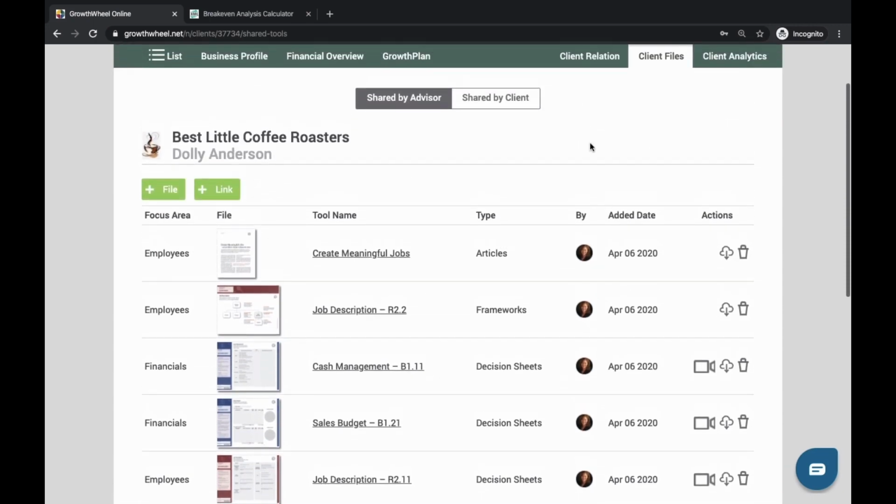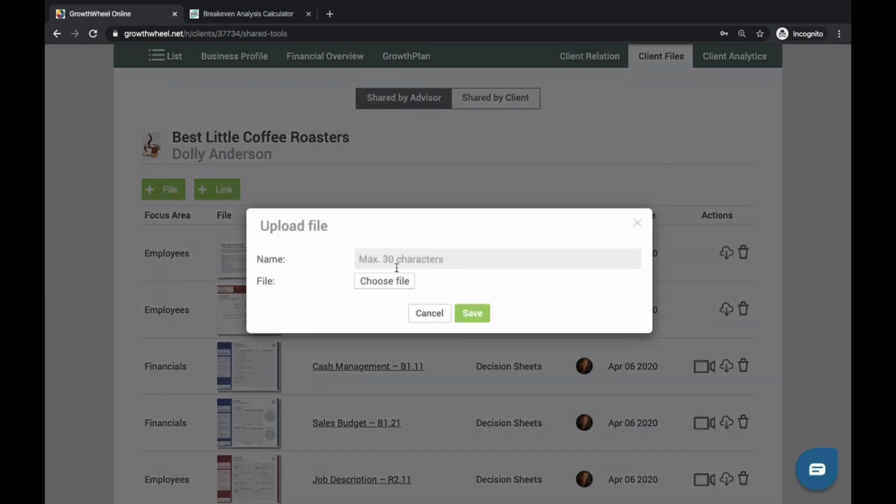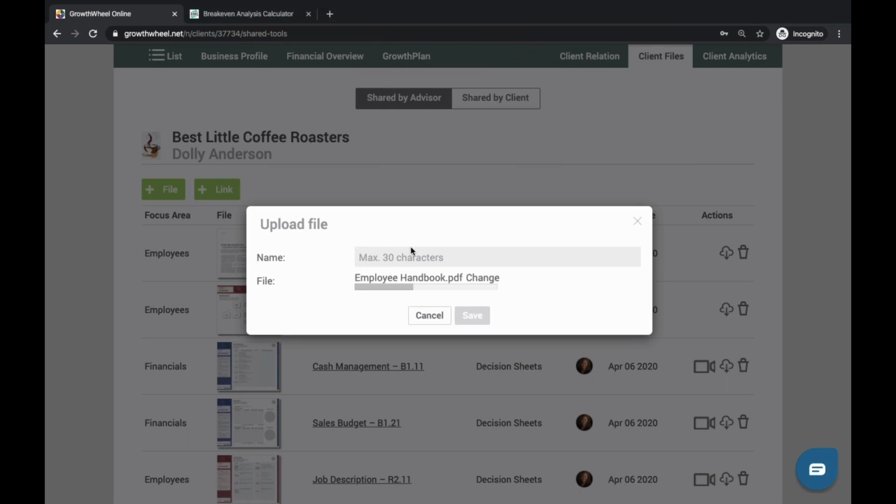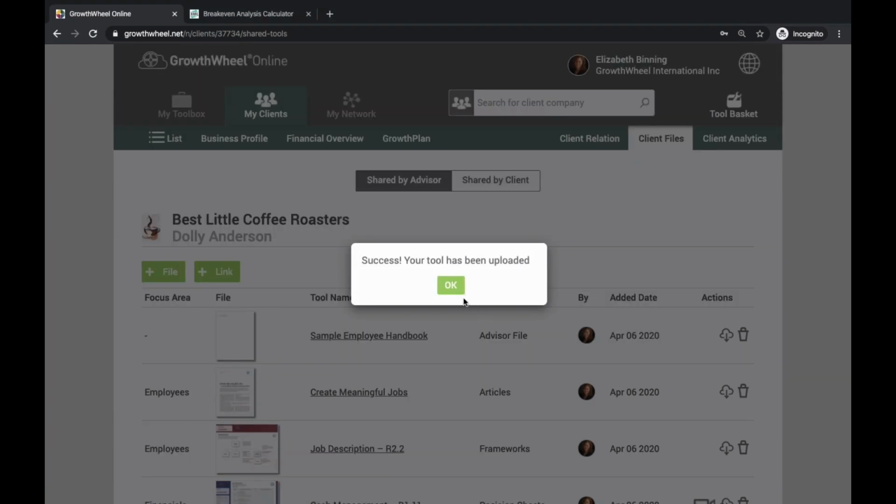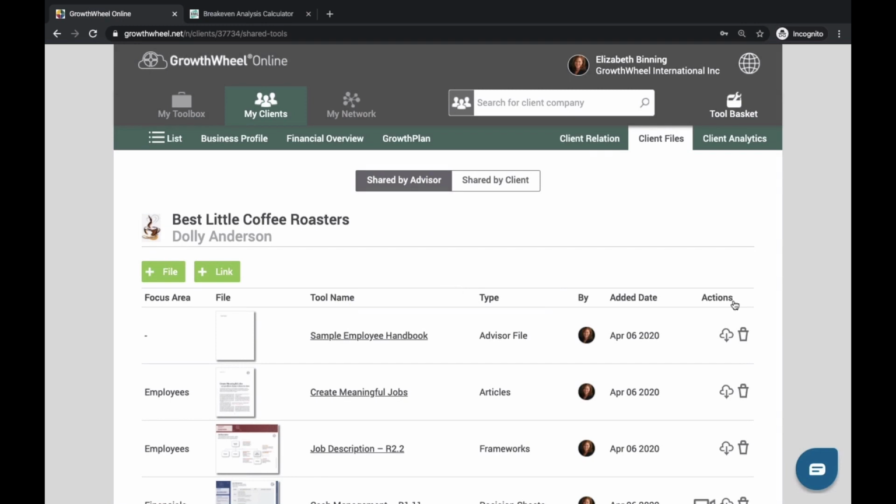Upload a new tool by clicking the button Plus Tool and adding a file from your hard drive. You can also add a link with the Plus Link button. Note that the new files now appear in the Shared by